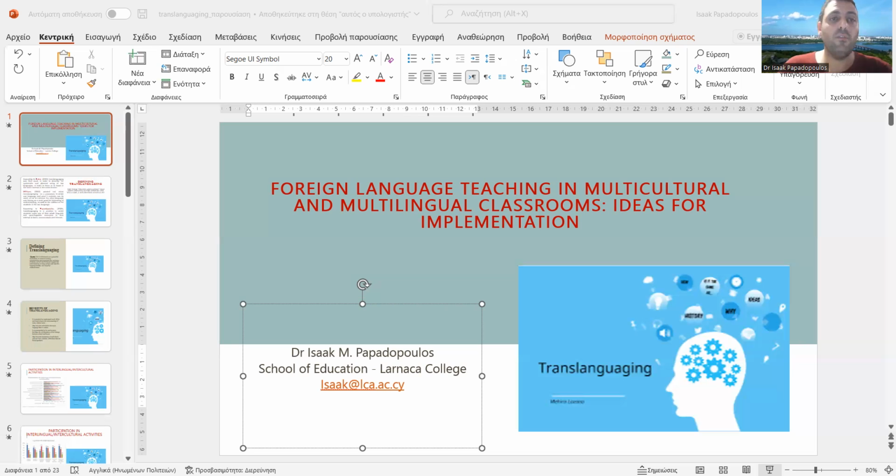To go on, of course, because this study was conducted in the Greek context, we tried to investigate how much of the Greek language the students use in the English lessons. And here we can see that they very, very often talk to a classmate in the Greek language while developing the English language. And of course, as you can see here, they want to be more understood, so they try to translanguage and they use Greek instead of English.